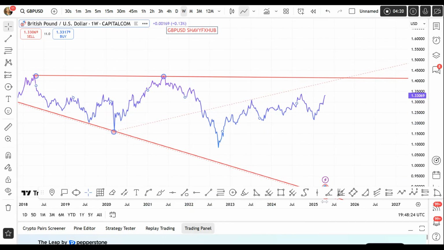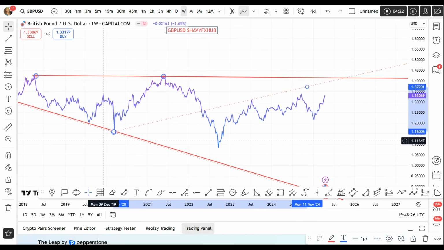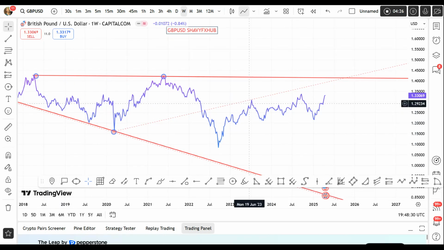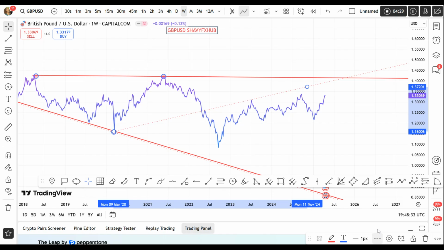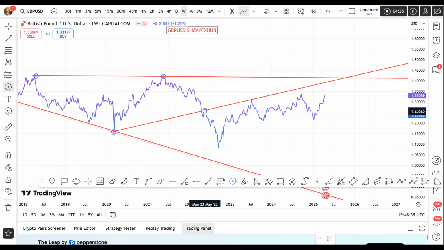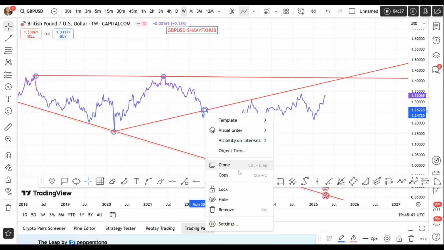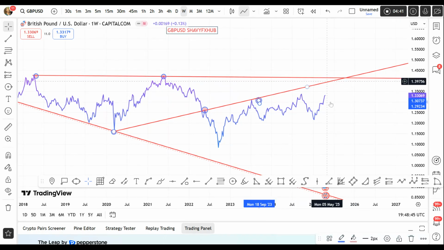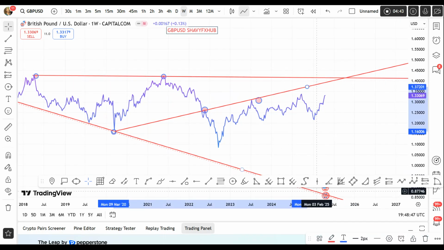Got it. It's a break of structure. It's a retest. And we're expecting price to tap into this structure and